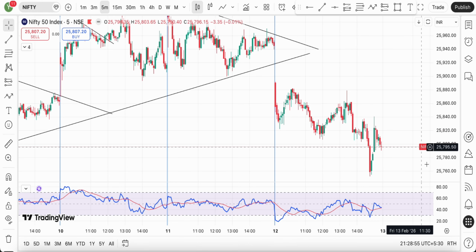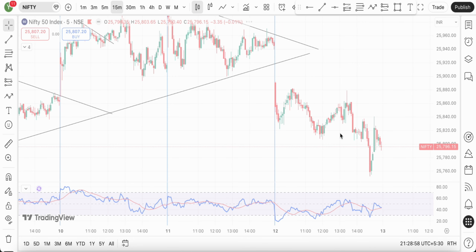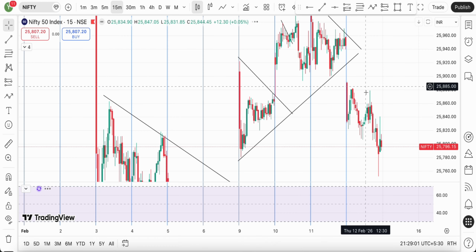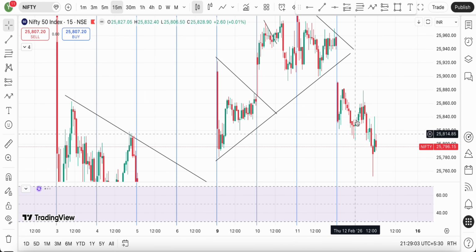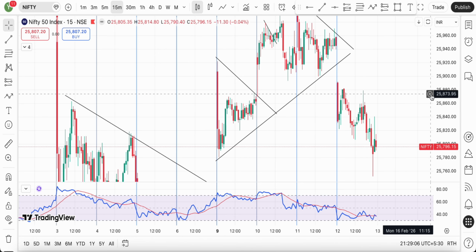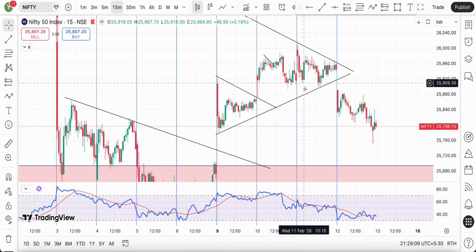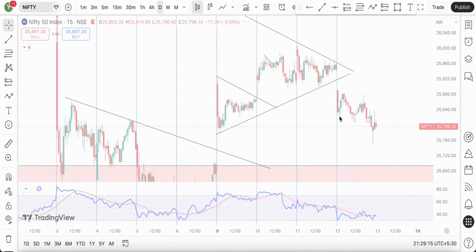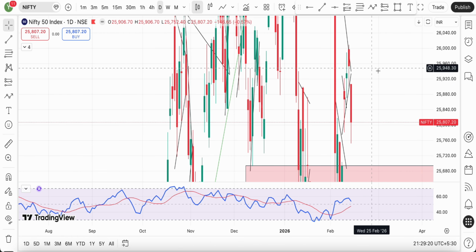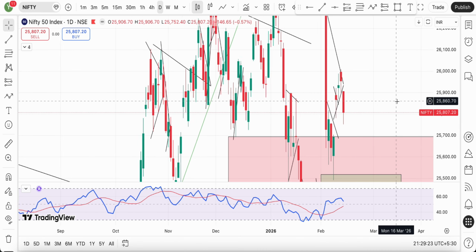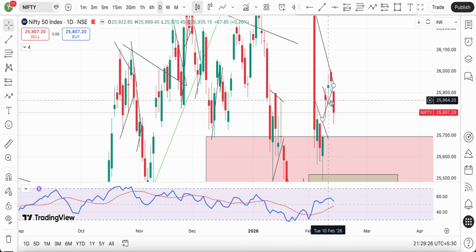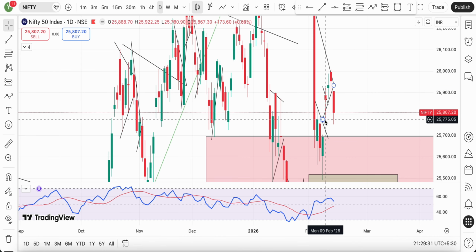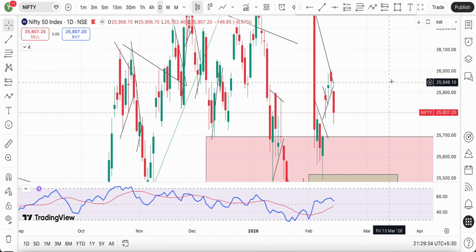Absolutely good price action. If you see it on a 15 minutes time frame, it's even cleaner, right? You can see complete higher high, higher lows formation in the markets today, and we have finally also broken down below this particular zone. On the daily time frame, we finally have a candle wherein we have a lower high, a lower low, as well as a closing which is below previous day's low, in fact, below 2 day low, absolutely. And for a brief moment, we had also breached down below the 3 day low, from where the buying actually came in.